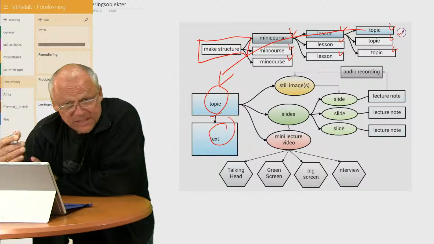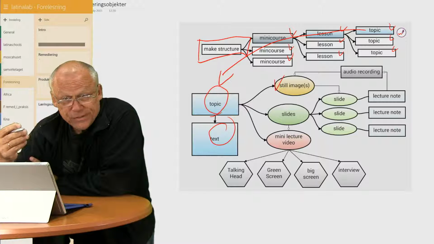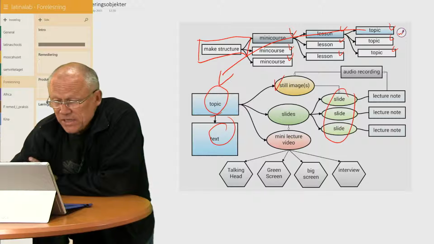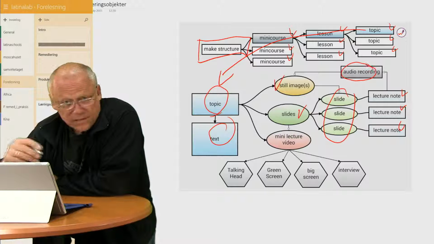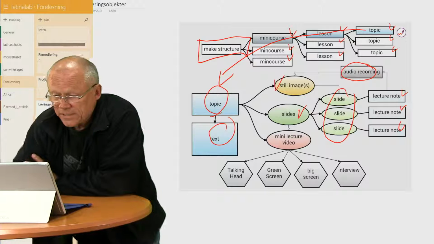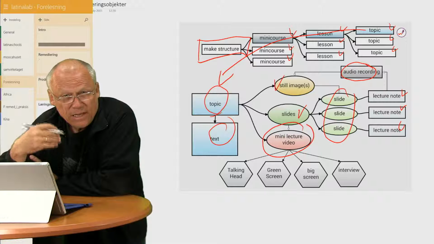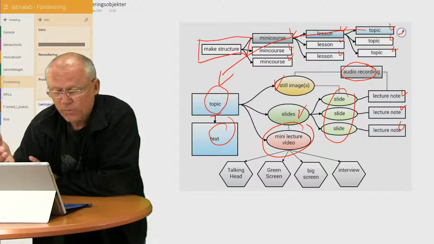It contains some text, written text, and very important, it has some images. And then we have several images, they become a set of slides, and we get a slideshow. A good teacher would add some lecture notes, and some of that might be read out loud or modified as an audio recording following the still image or the slideshow, and it could eventually be used to produce a video like the one you're watching now,